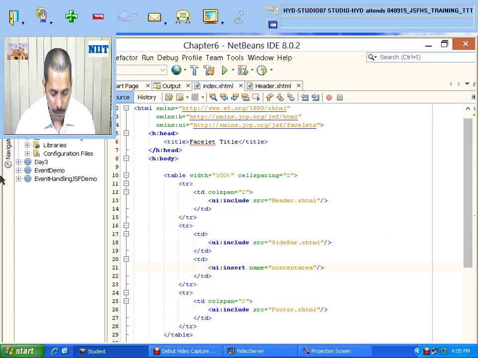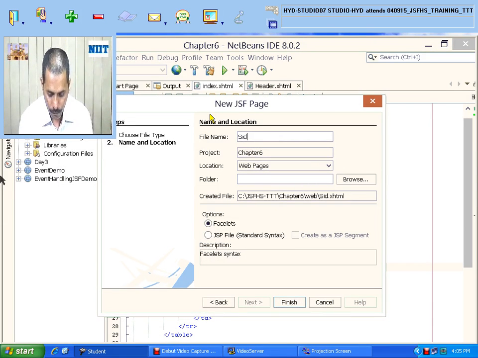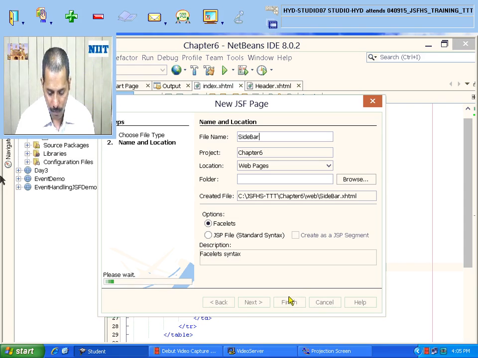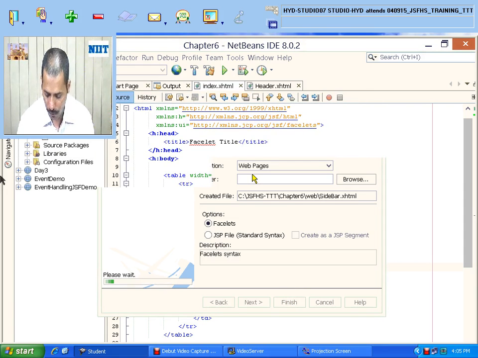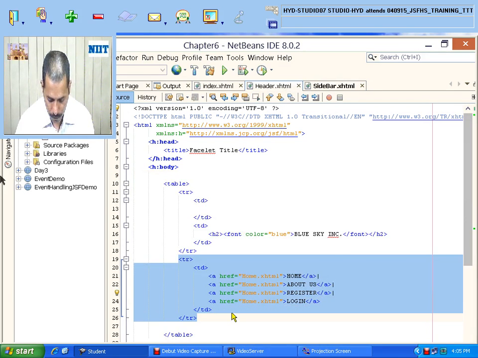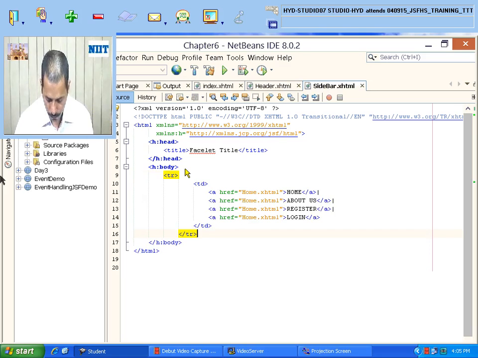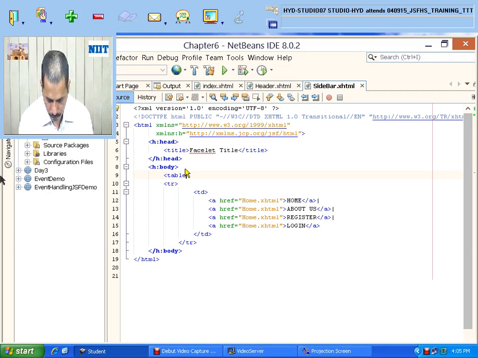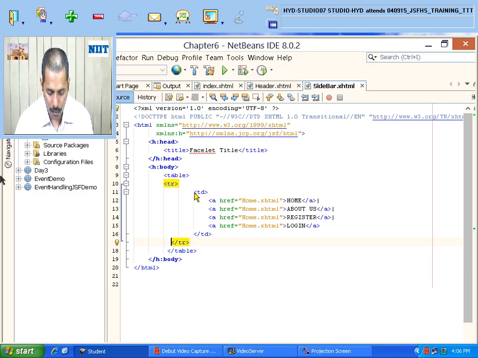Similarly, I may create one more page which is sidebar. The sidebar XHTML page which I can create. Here what I will do is the same as this. This is my sidebar.xhtml. So what I will do is,